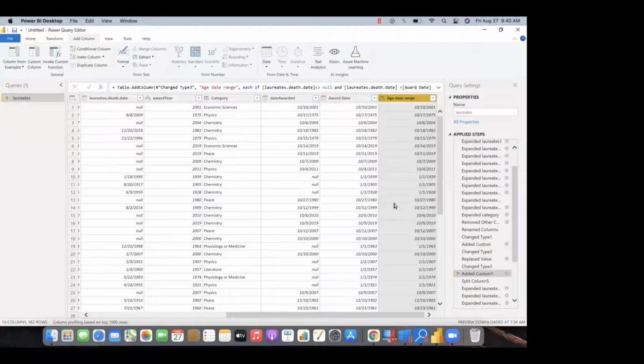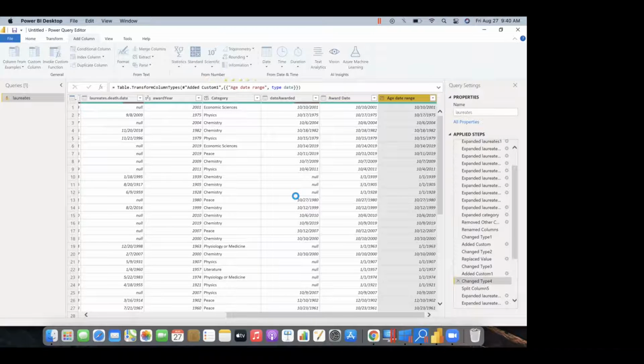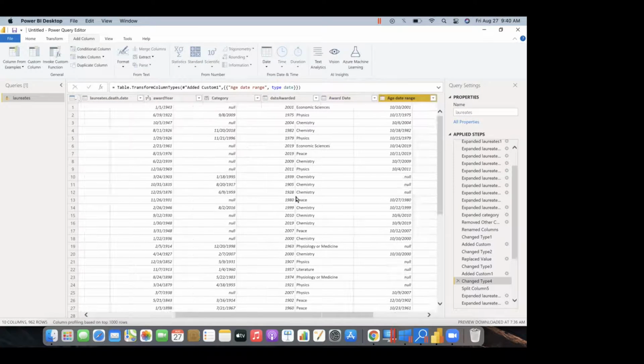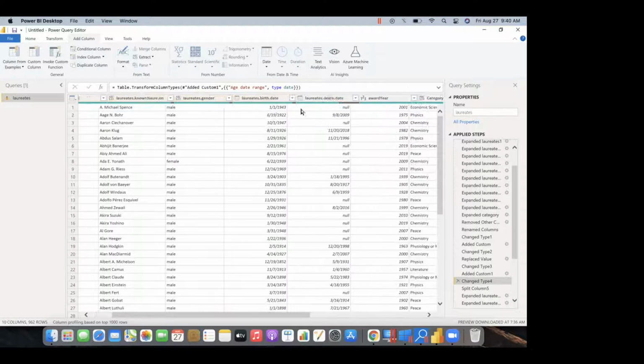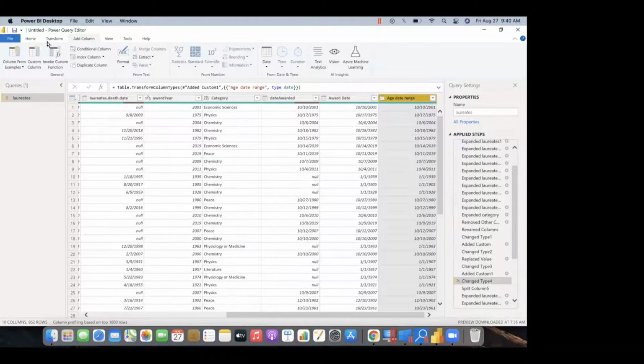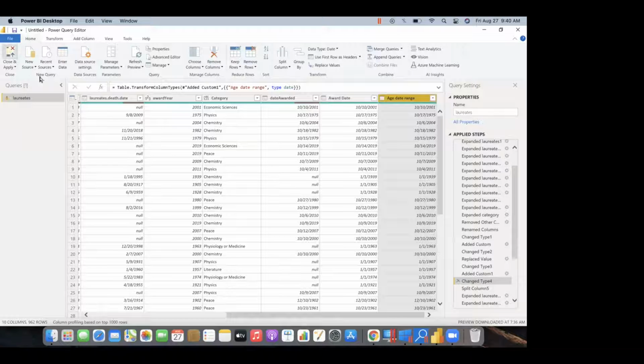So we have got this, and this will give us the correct date. We will change this to the date as well, and now we'll check the formats. So we can now load the data.